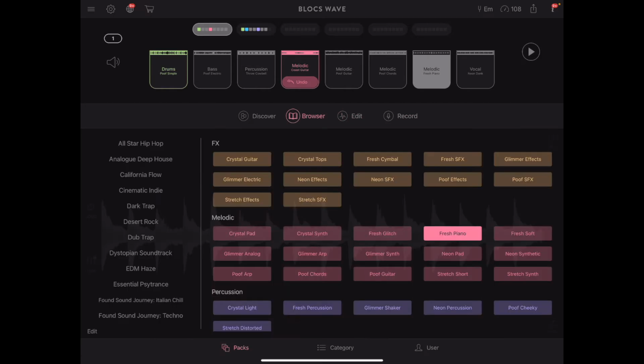So we're just going to go back to the browser mode, press play. If you swipe up, it stops, it mutes, and if you swipe up again, the sample will play. So you can